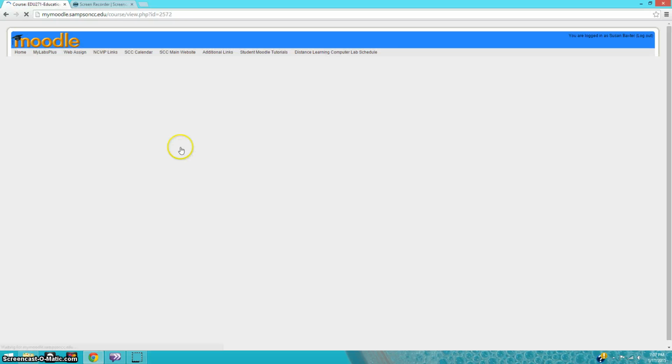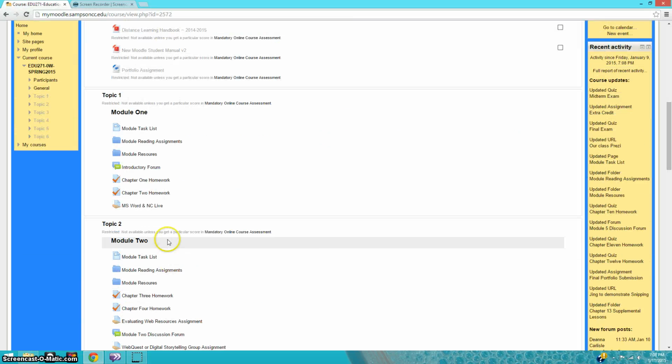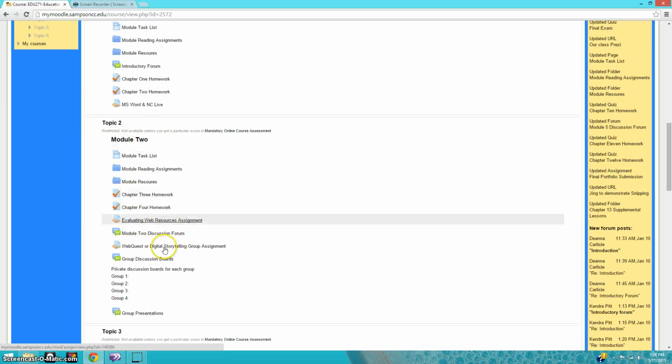That would be in the resource folder. And then the due part, the actual homework or completion part, is all right here, where this is what you're going to do. You're going to do that introduction forum, the chapter 1 homework, chapter 2 homework, and the MS Word and NC Live. And again, when you're done with that, you'll know that it's time to move on to